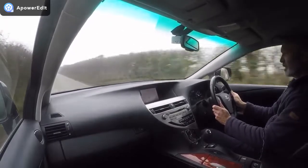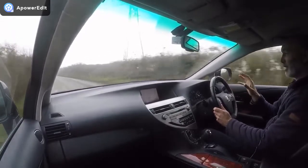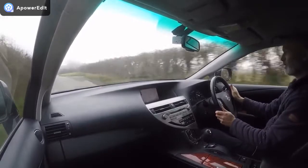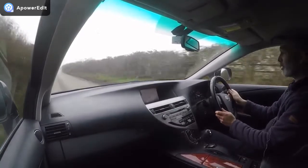Engine then feeds through into the auto gearbox, obviously a CVT gearbox on this hybrid car, and it is perfectly tuned to the engine and the nature of what this car is all about. Absolutely seamless in operation, a word which I continually use to describe hybrids because I can think of no other word that's better